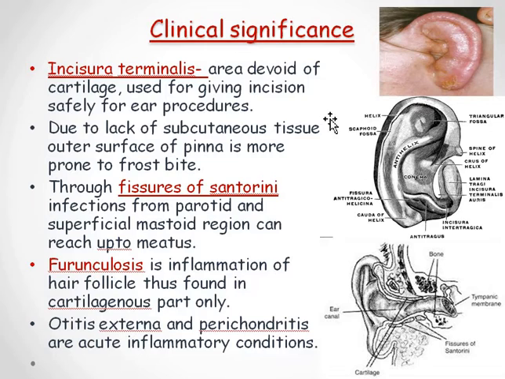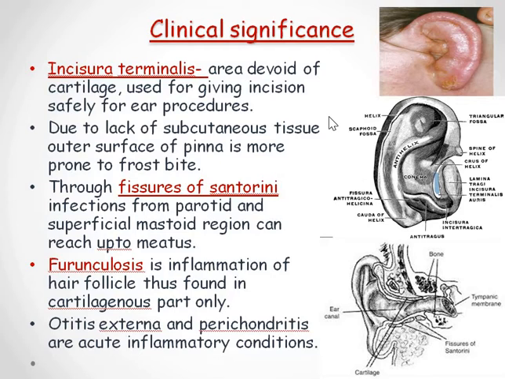Now, what is the clinical significance? See the incisura terminalis. Here you can see this part. This is the incisura terminalis. It is an area that is devoid of cartilage, so it is used for giving the incision safely for ear procedures, ear surgeries, and due to lack of subcutaneous tissue, the outer surface of the pinna is more prone